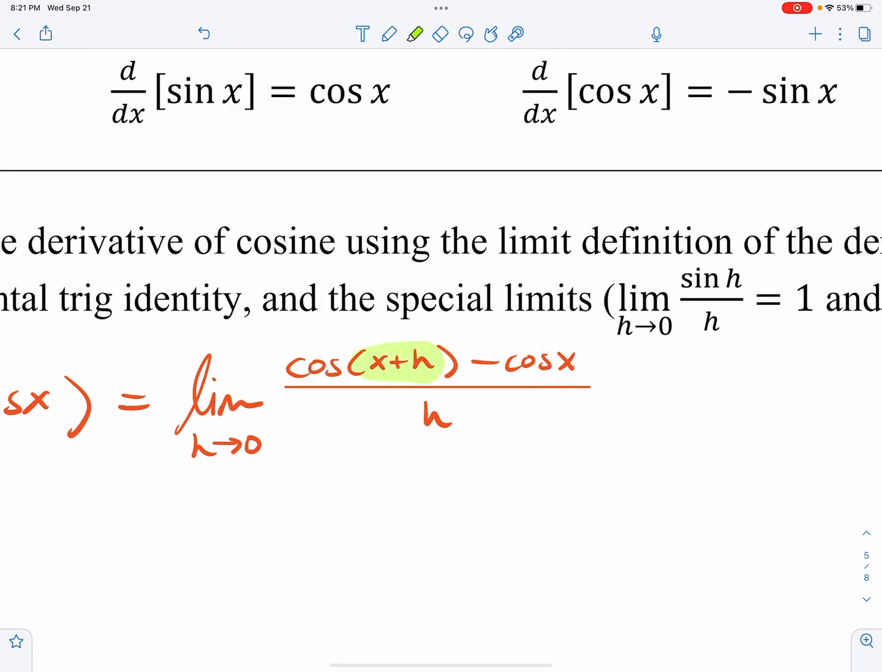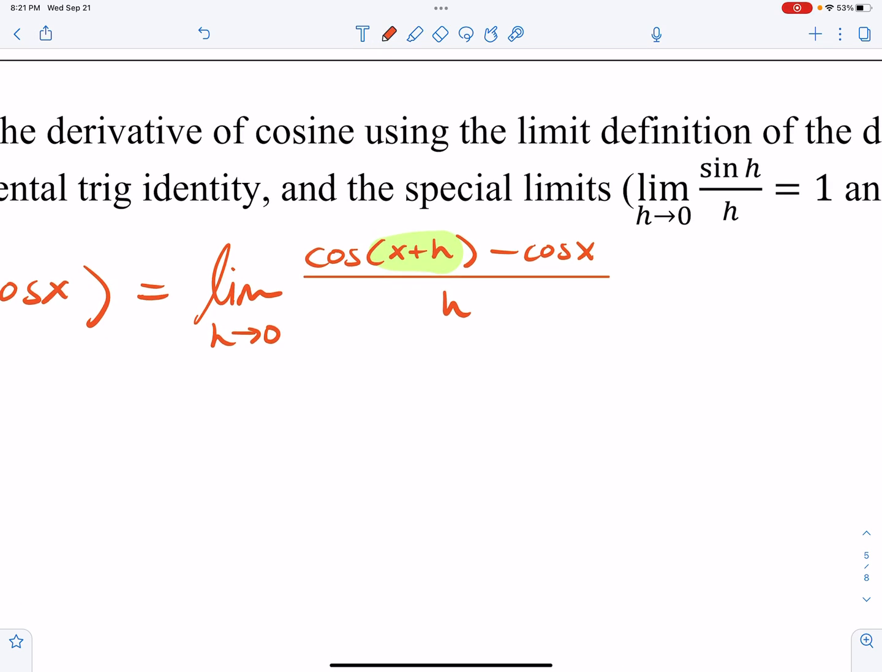Well, we have cosine of a sum. So we'll get to use our chant: sine, cosine, cosine, sine; cosine, cosine, pause to switch the sign, sine, sine. So limit as h approaches 0 of, I'm rewriting cosine of x plus h as cosine of x, cosine of h, minus sine of x, sine of h, minus cosine of x,